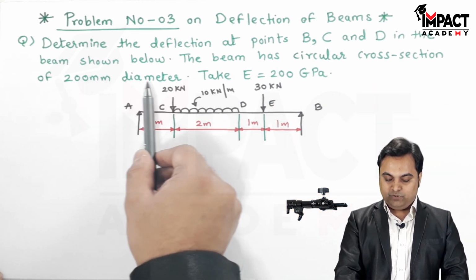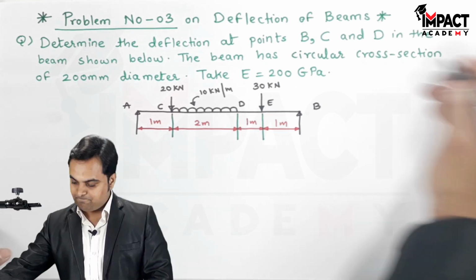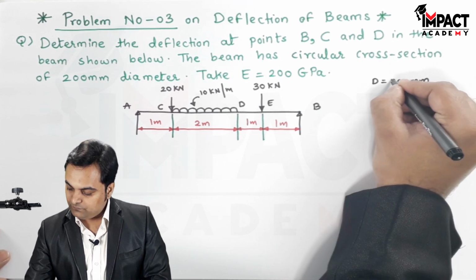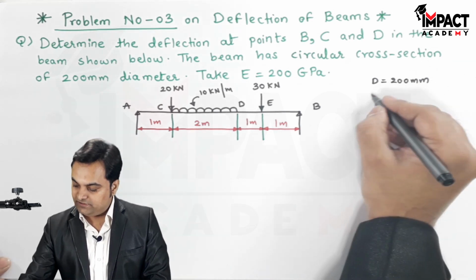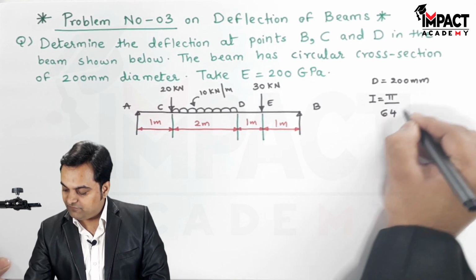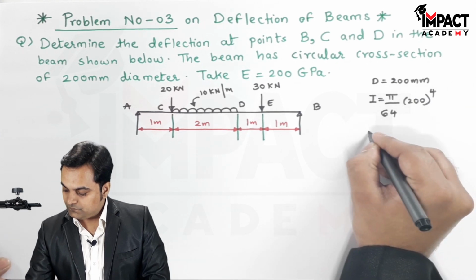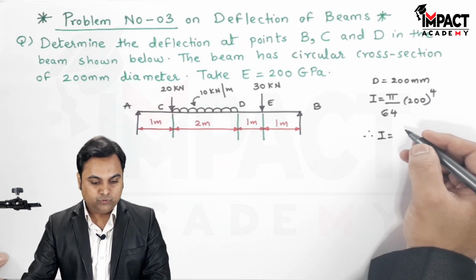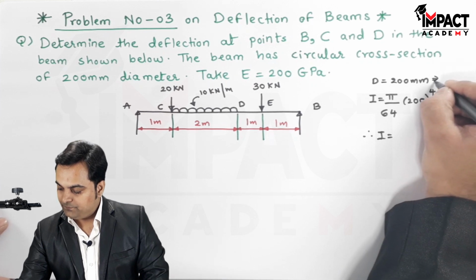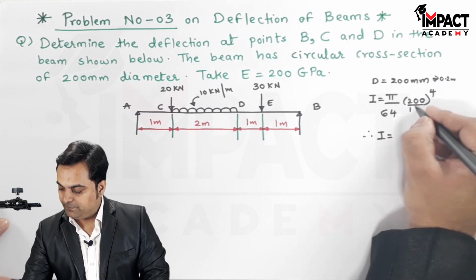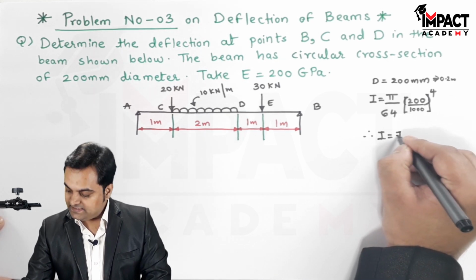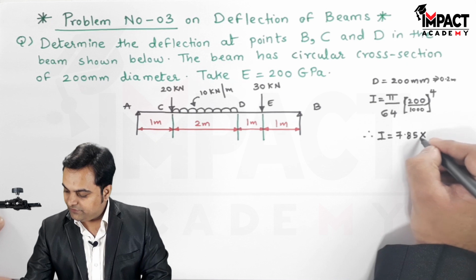The beam has a circular cross section of 200 mm diameter. So the diameter of the beam is 200 mm, and from this diameter I calculate the moment of inertia for this circular cross section of the beam, which is pi by 64 diameter raised to 4. Here I'll keep the diameter in terms of meter, so that would become 0.2 meter, in other words 200 divided by 1000, and it gives me the answer as 7.85 into 10 raised to minus 5